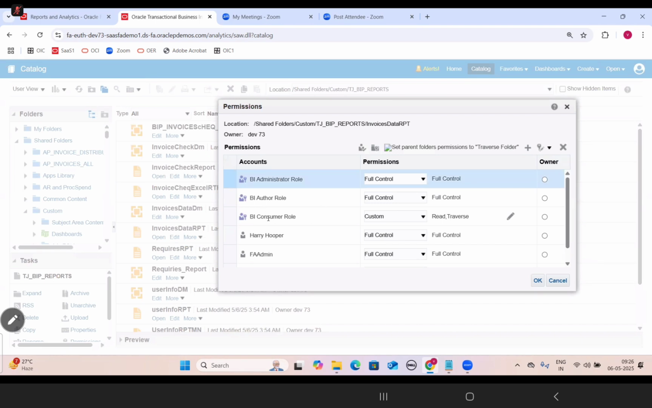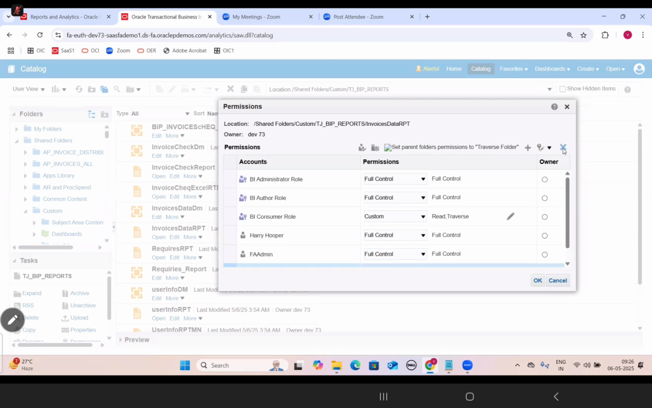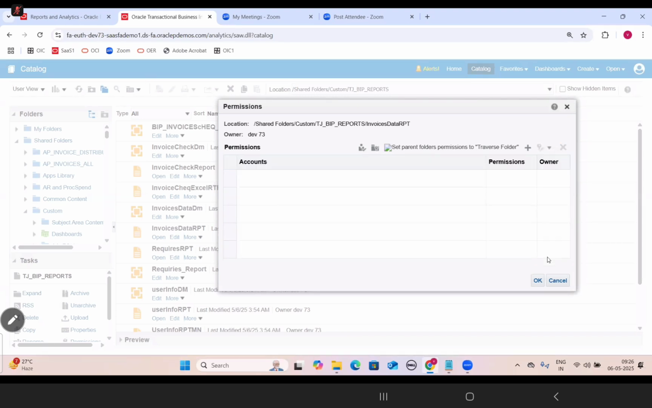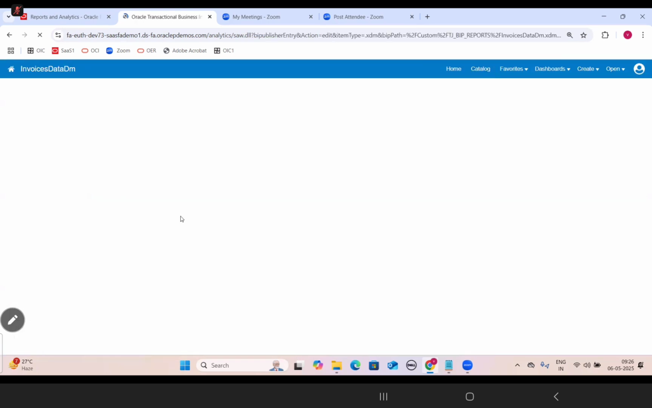So what you need to do? If you remove all the roles, right? BA administrator role, BA author role, BA consumer role. If the user has all these three roles, then any user can access this report. Okay. So what you will do? You need to remove this. So then after that,